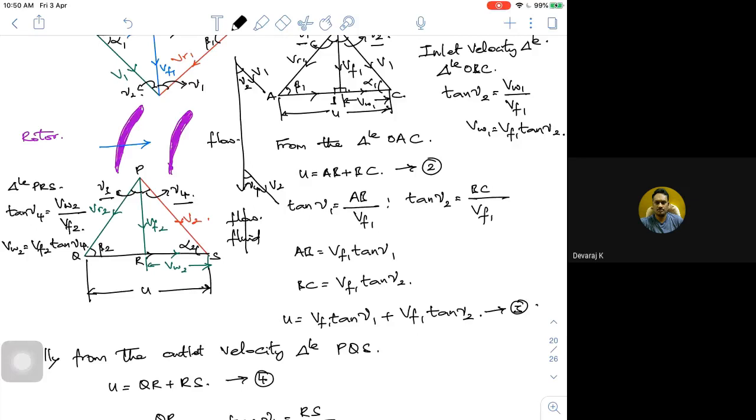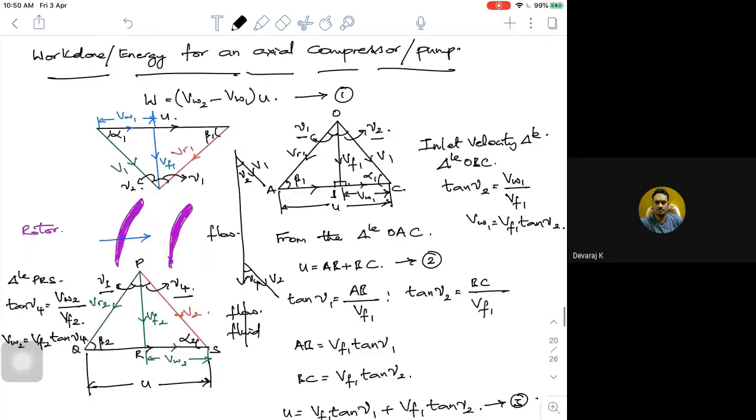So all this time we used to look at the blade angles as a reference. We had flow angles as a reference. Is there any other reference where we can study what angle it makes? We can study this only in the case of an axial flow machine. That's why it's called a special case.